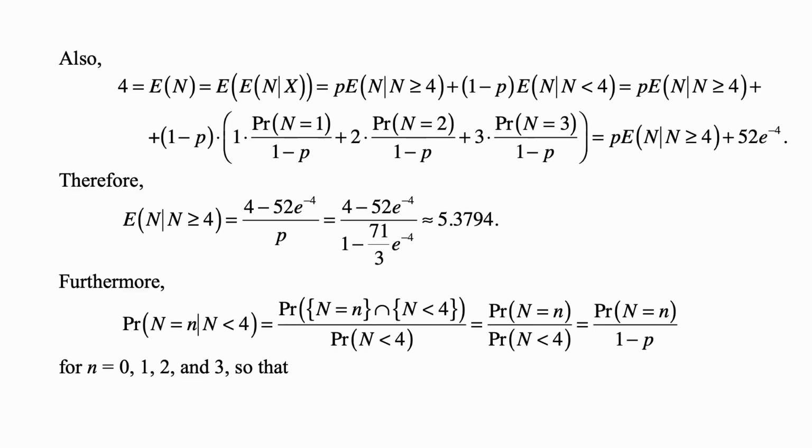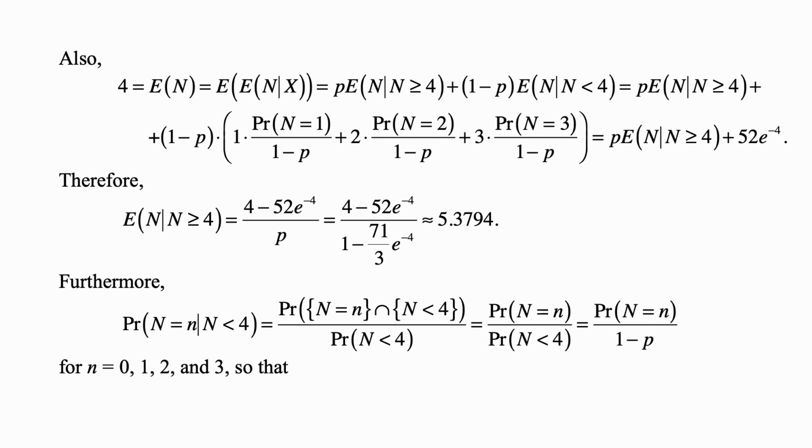Also, 4 is the expected value of n, but it's the expected value of the expected value of n given x. So it's equal to p times the expected value of n given that n is greater than or equal to 4 plus 1 minus p times the expected value of n given that n is less than 4. That's p times the expected value of n given that n is greater than or equal to 4 plus 1 minus p times, well, the expected value of n given that n is less than 4, is